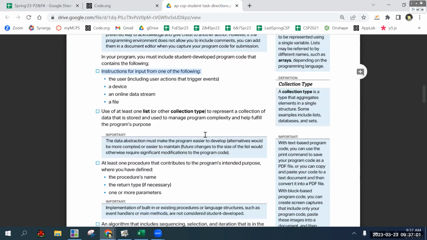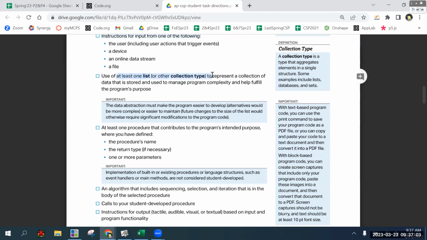You need to use at least one list that collects, stores, and manages data, manages complexity. You are allowed to use the code.org provided data sets and the get column thing, and those are lists. That isn't going to count for this component. You need to have your own original list that collects information as the program runs, changes as the program runs,